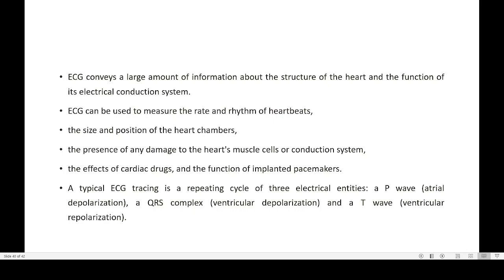See here, some typical diagram is shown here. Can you see that better? Okay. See,